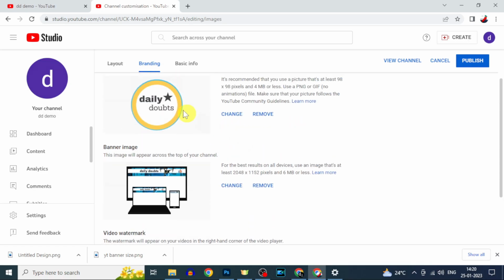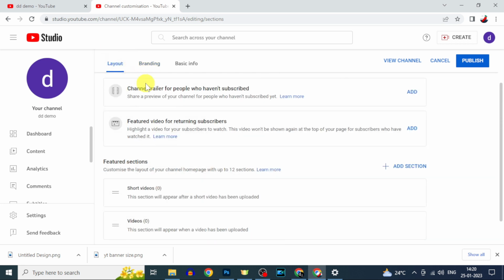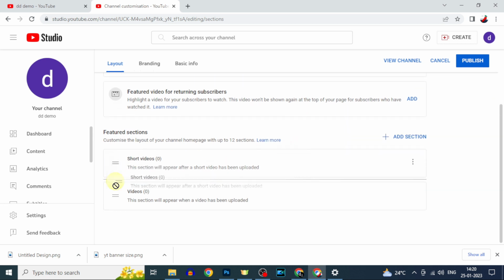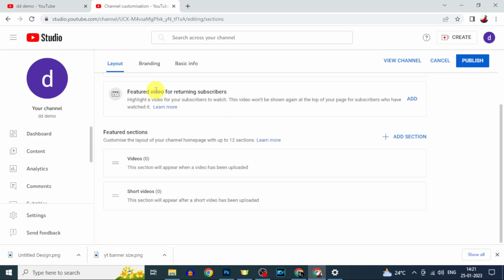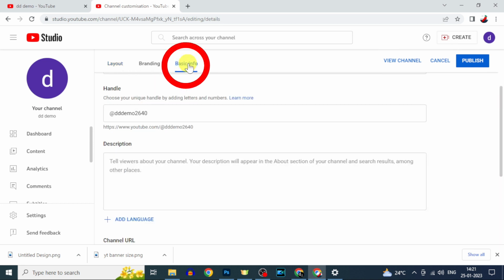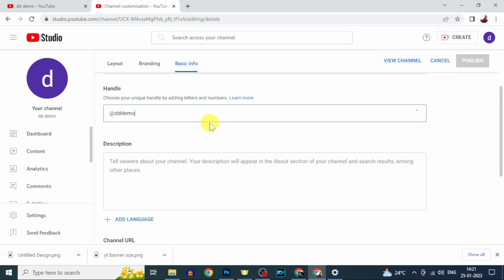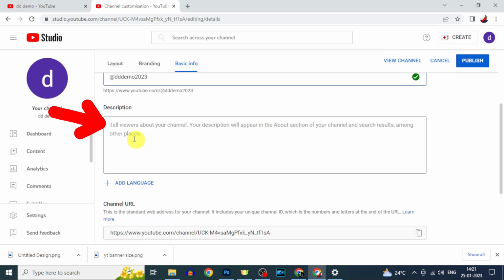After you upload these three things, switch this to layout. Here you can add your channel intro video, and here you can customize your YouTube channel homepage layout, like you can move, add or edit playlist sections. Then switch this to basic info and here choose your handle. It's a new type of channel link like this. And here write a few sentences about your channel